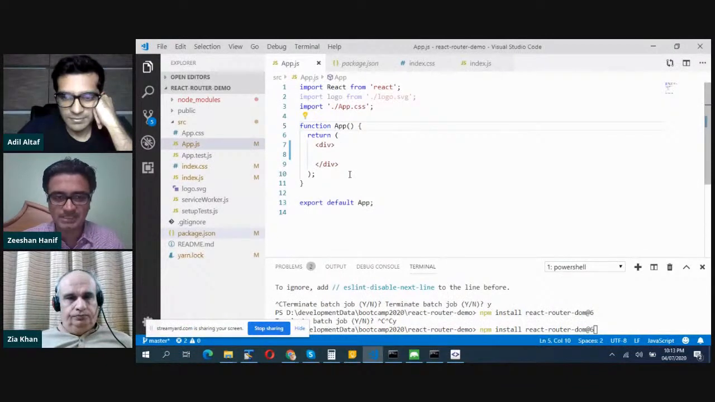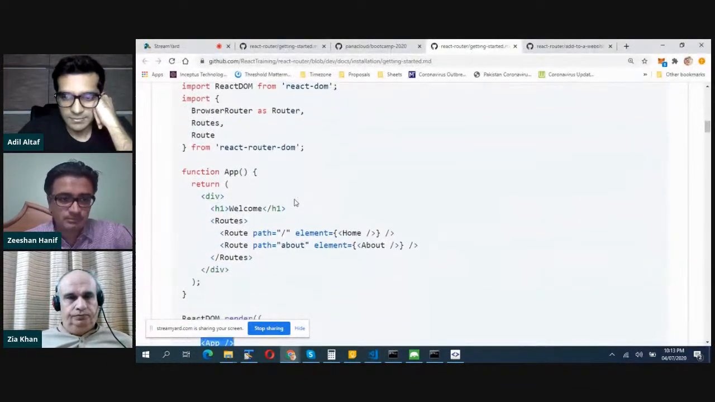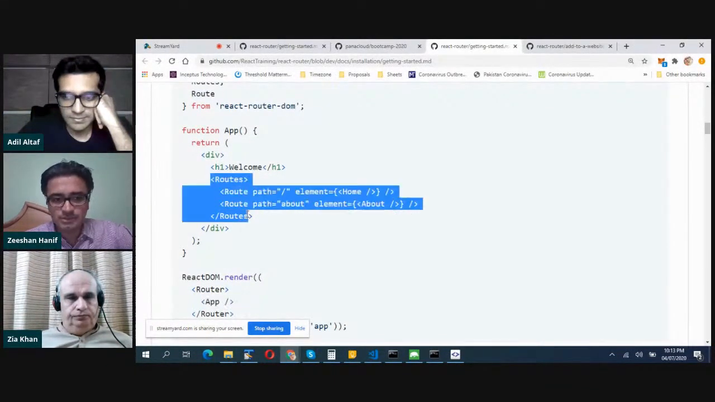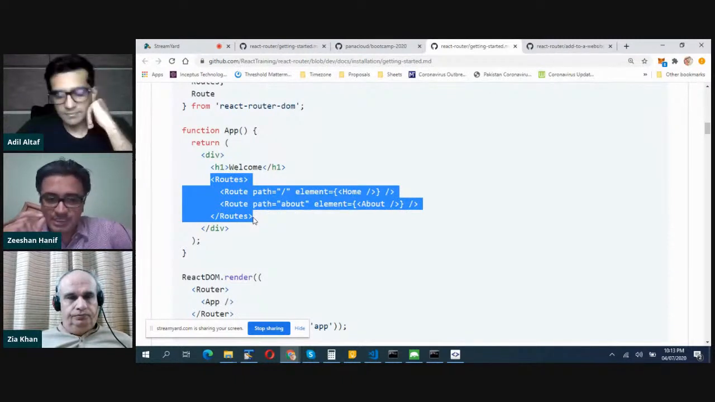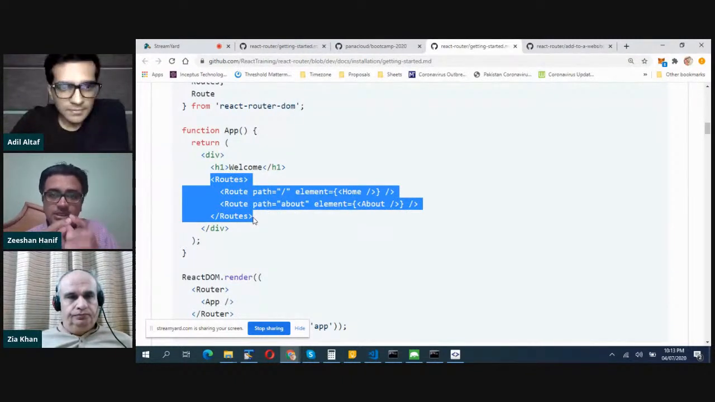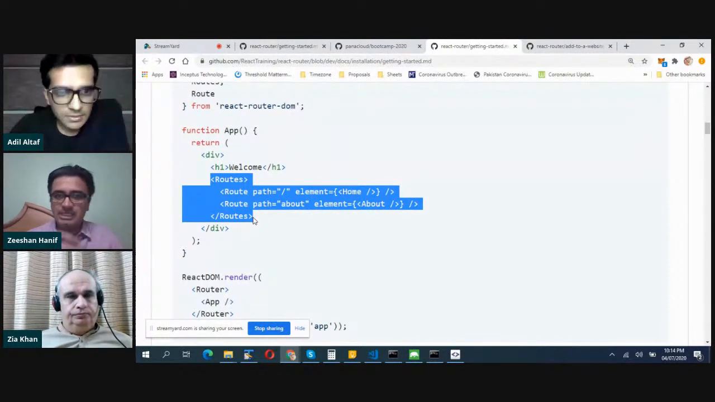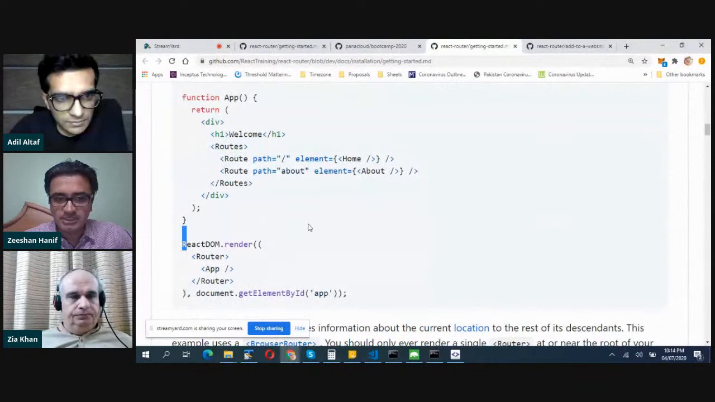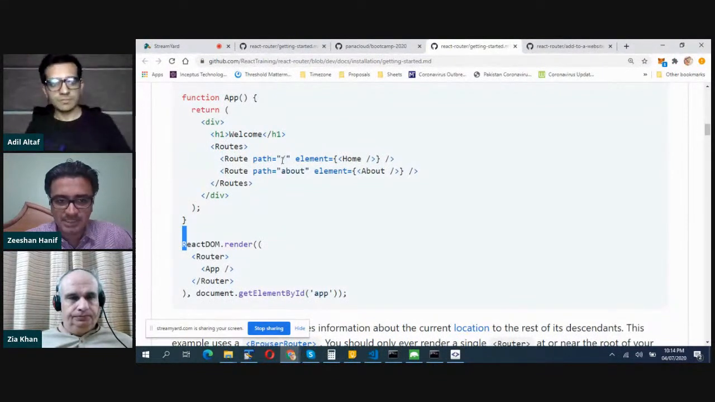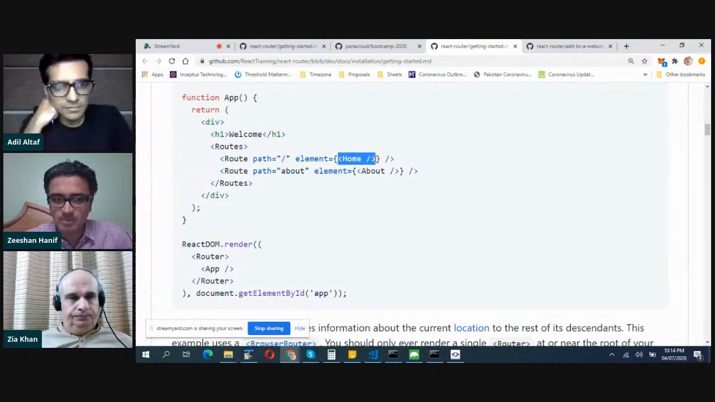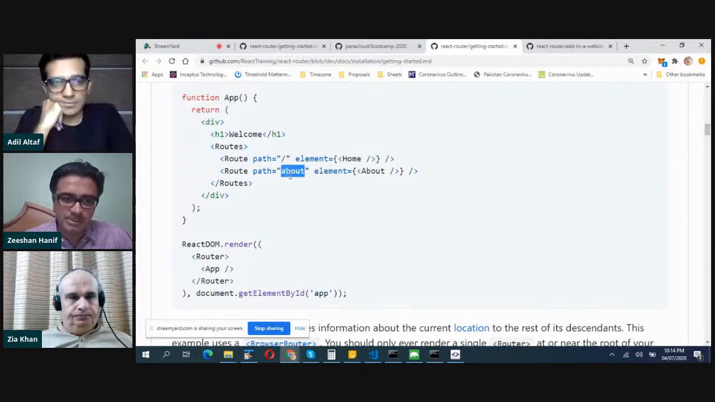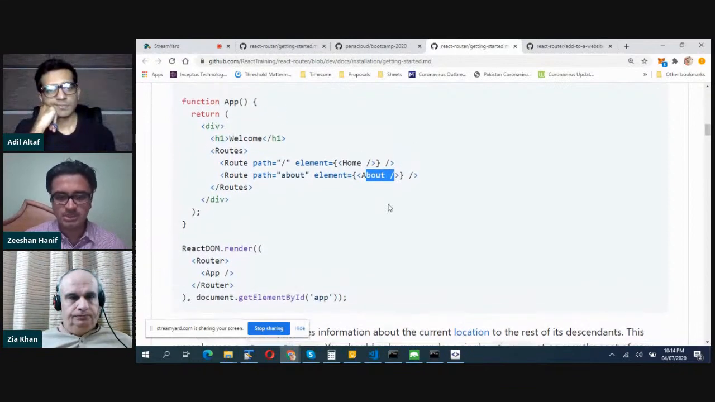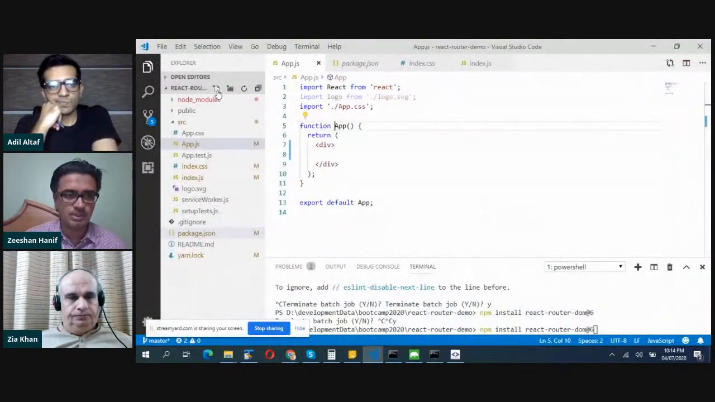What we need to do next is build the routes. First we need to have multiple pages so that we can move around different pages. This example says that we have a slash route where we show the home component, and an about route where we need to display the about component. So let me first create two components,